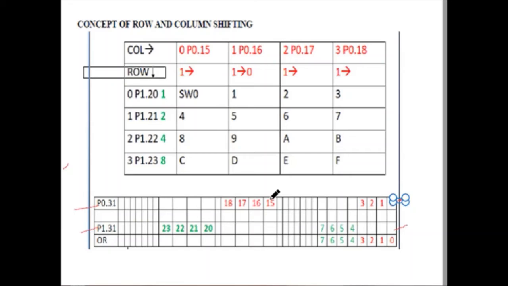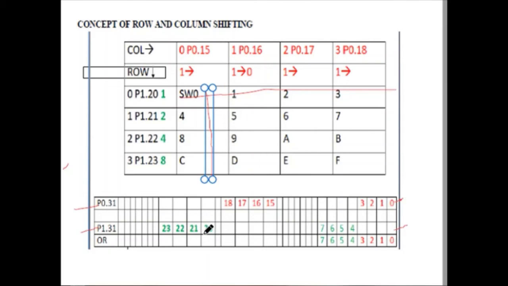If I assume that key 1 is pressed, that is switch 0 is pressed, then this area will be locked. If this area is locked, switch 0 corresponds to bit number 15. So if this is locked, the corresponding values have to be configured there. That will become like 1110, and it will be shifted 15 times.